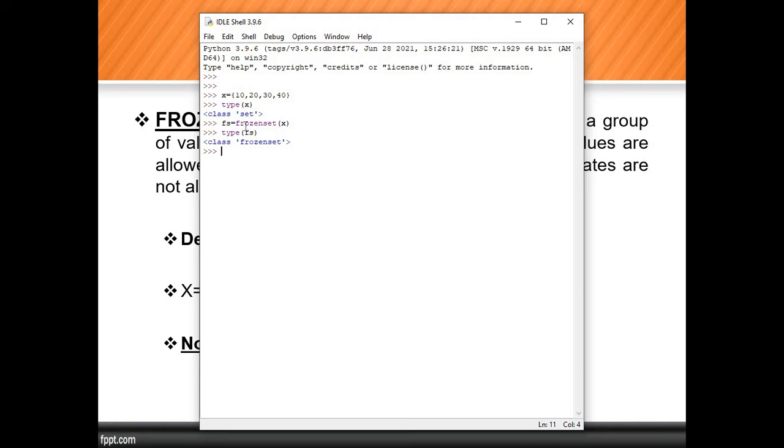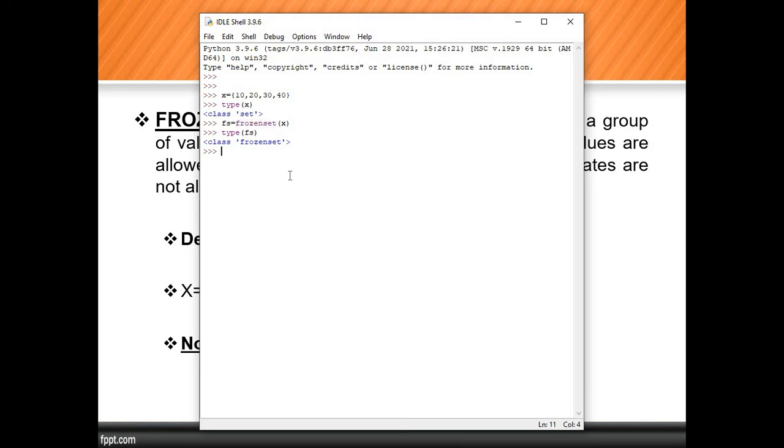Frozen set is a data type, and frozen set is also a function. We need to understand it like bytes and bytearray. Bytes and bytearray both are functions. In that we are using square bracket open and square bracket close. Afterwards we will convert it, and make a note of that. We have a range of 0 to 256. So you remember that.